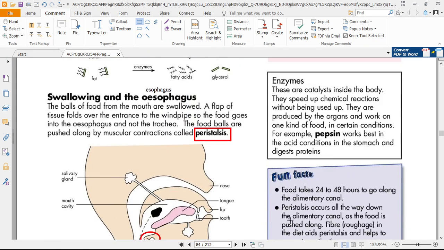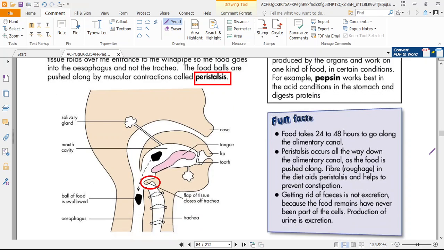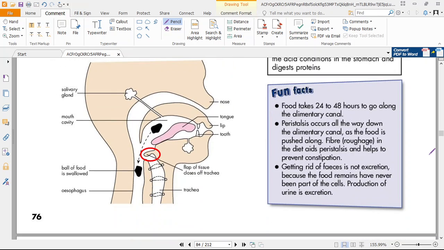Now there is, as I have told you about catalyst, this section that talks nicely about the catalyst that we can read and get some more insight on. Now I would like you to go through these fun facts, and these fun facts kind of open your eyes to what